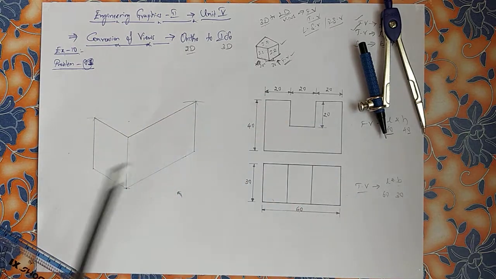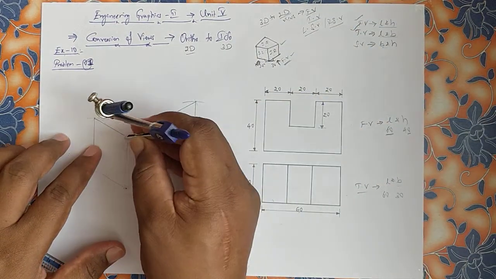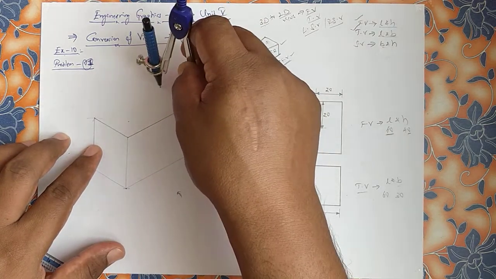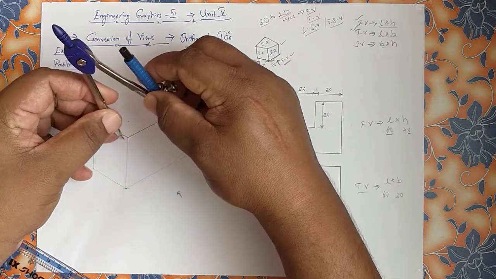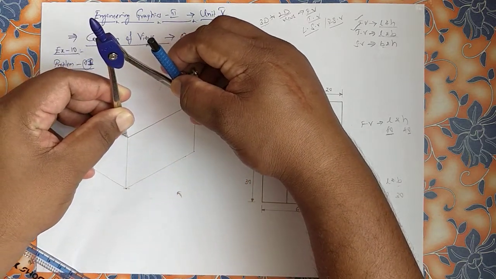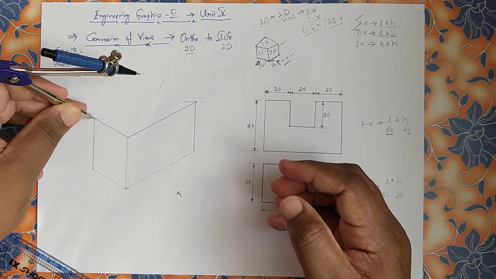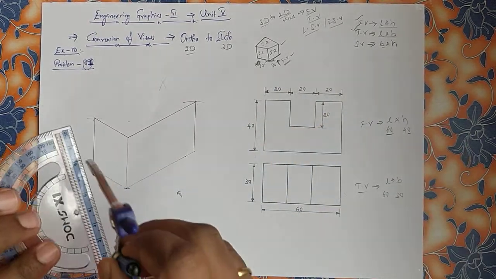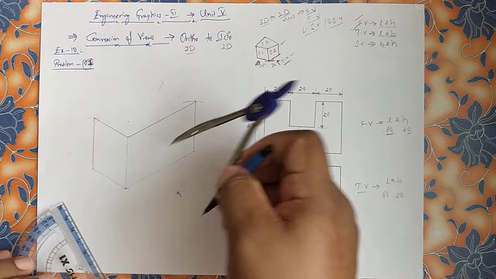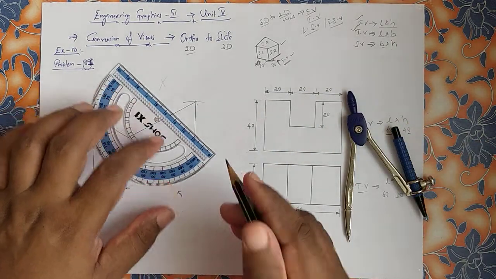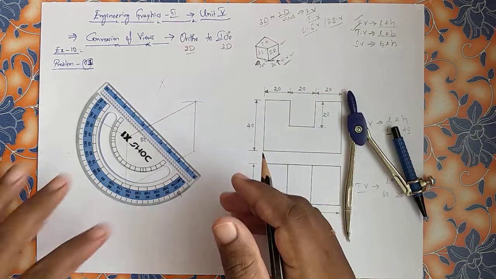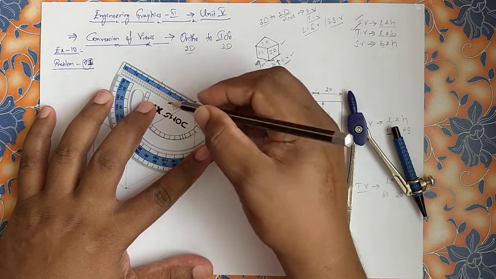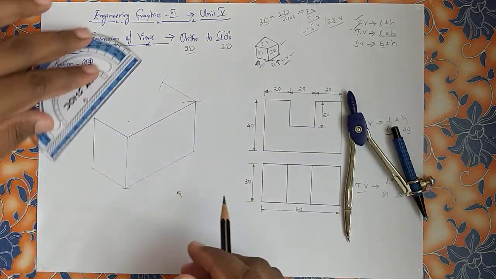Now ISO top. From here, ISO top, again the same procedure. You know this, you have finished up to 30. From this point, draw an arc for 30 mm. Now the length part, mm. I'm not asking you to take the compass length with respect to the scale, because if you draw the first length, the same length will be continued. Now we got a new intersection point here, this one. Try to draw the lines lightly.